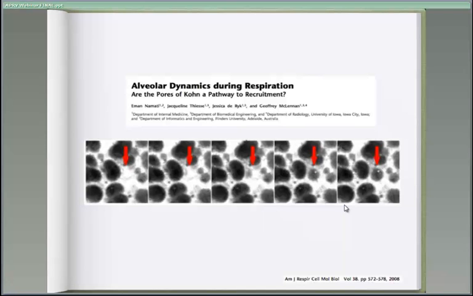Here's another thing I want to demonstrate in terms of stress and strain. This is actually looking at recruitment, and this paper is really describing alternative pathways for recruitment. Another reason why sustained pressure may be important, because we have